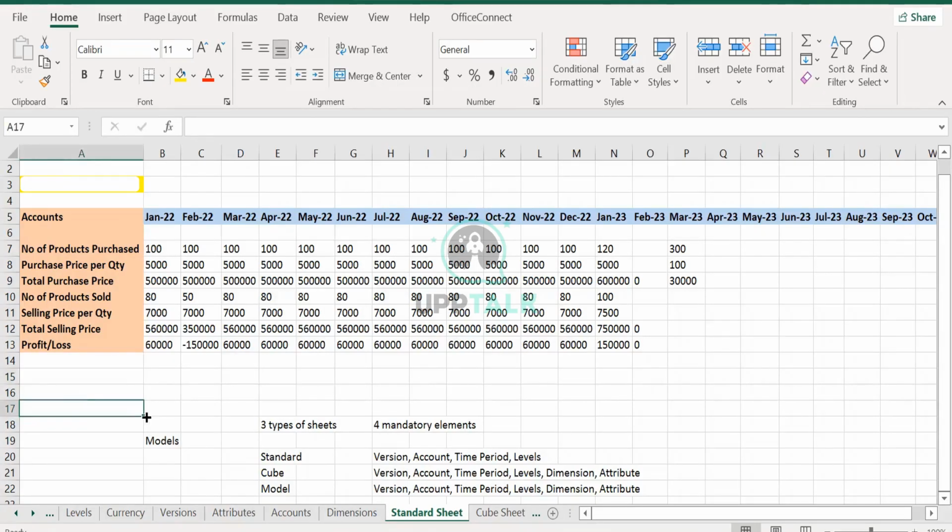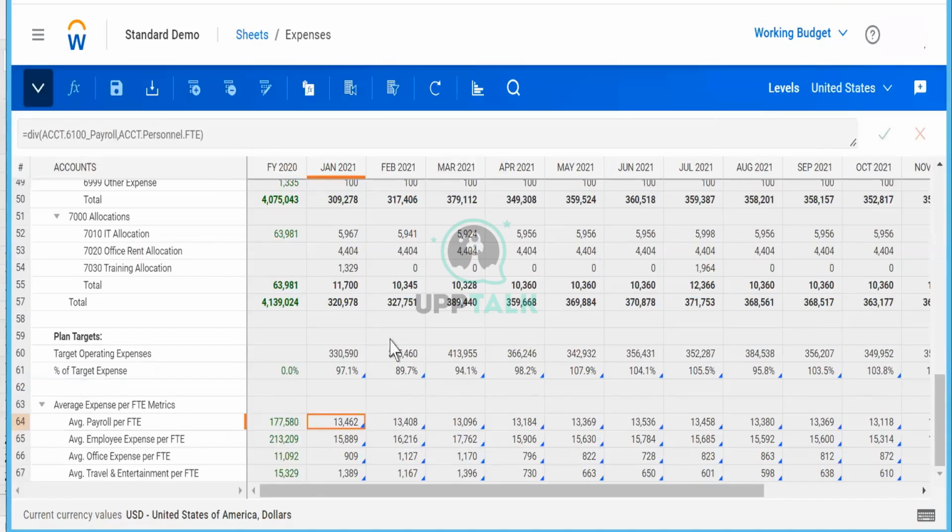We will just check once before we start anything in the sheet section. I just wanted to explain four things here. One is the triangle thing. Whenever you find a triangle, notice in any cell, you can look at the formula bar. This is called the formula bar. You will see there is a formula written here. This is a numerator and this is our denominator, and it's a division function which has been used. If you see a triangle, just click on it and you will see the formula.